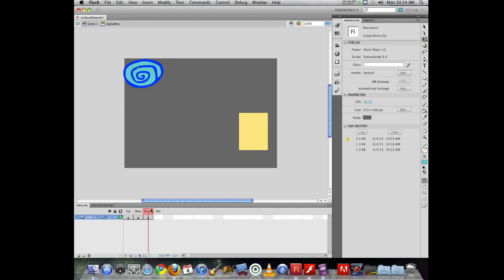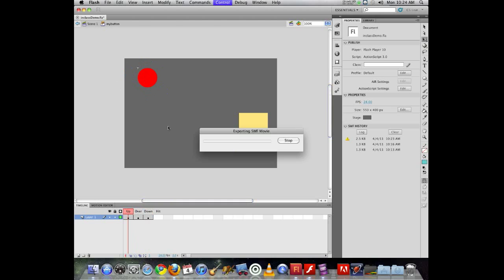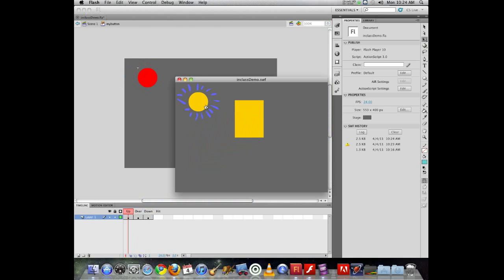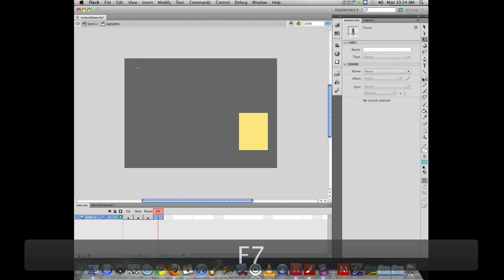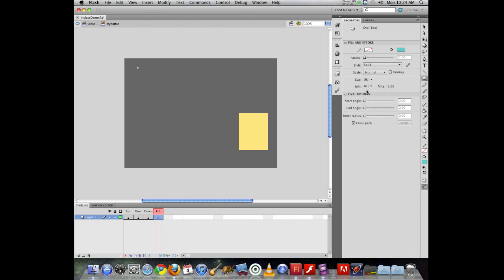Typically, if you don't define the hit state, whatever is in the up state is the active area. So currently, I have a circle. So when I look at this, when I put my mouse in that circle, it becomes active. But if my up state or my hit state is different than that, so if my hit state is just simply going to be